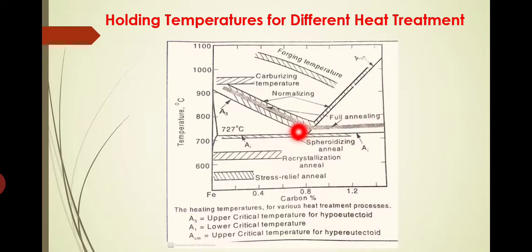You can see the first one here is annealing. Annealing means this thick line, this one is the annealing line for hypoeutectoid steel. This is the temperature region. So just above the upper critical temperature we have to heat for the annealing to start. In the case of hypereutectoid, there is no need to heat above the upper critical temperature. Here we will be heating only just above the lower critical temperature, or above the A1 line only. So for hypoeutectoid steel, the annealing temperature is just above the upper critical temperature, whereas for hypereutectoid steel, the annealing temperature is only just above the lower critical temperature.